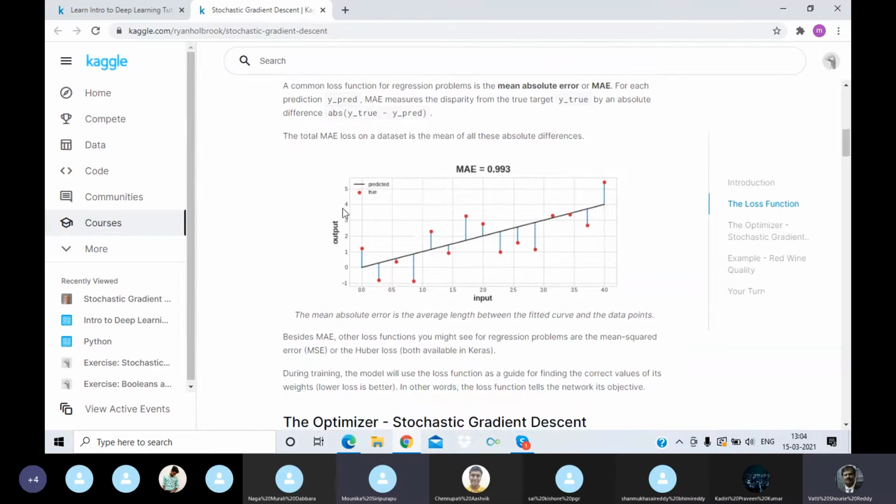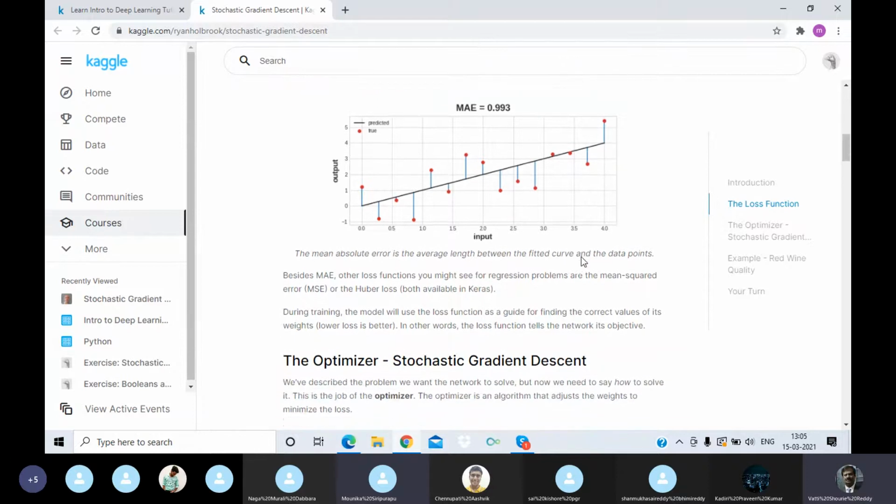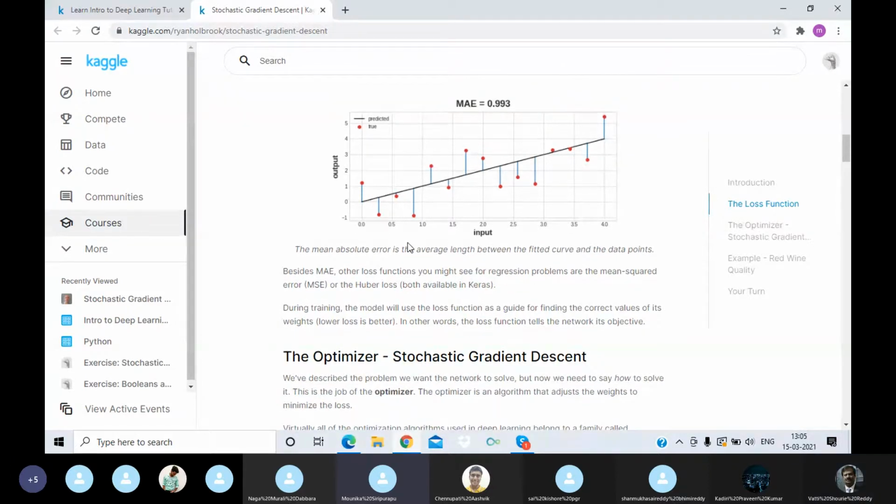This is the graph plotted for the absolute error of all the different data. So basically the mean absolute error is the average length between the fitted curve and the data points.